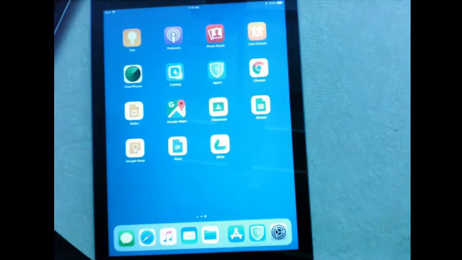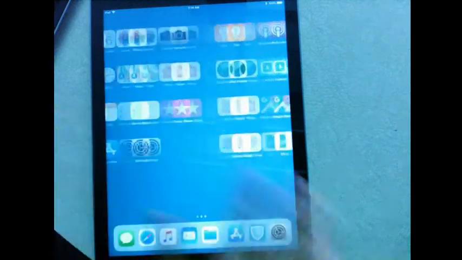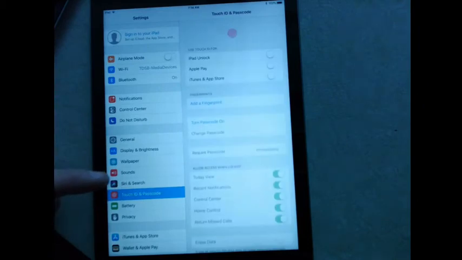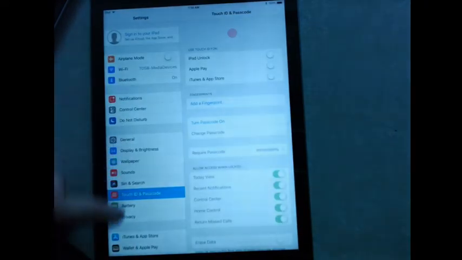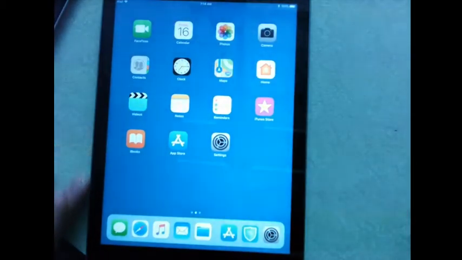If you ever need to circumvent those restrictions, you can put it into teacher mode by signing into the AirWatch agent, that blue shield there. And then you'll see that the App Store will appear. And actually even all the settings will appear now. I can even put a passcode on this device now that I wasn't able to do before. I can now sign in with my iCloud account. I can now sign in with the iTunes and App Store. So every limitation has now been taken off this iPad by signing into the AirWatch agent.